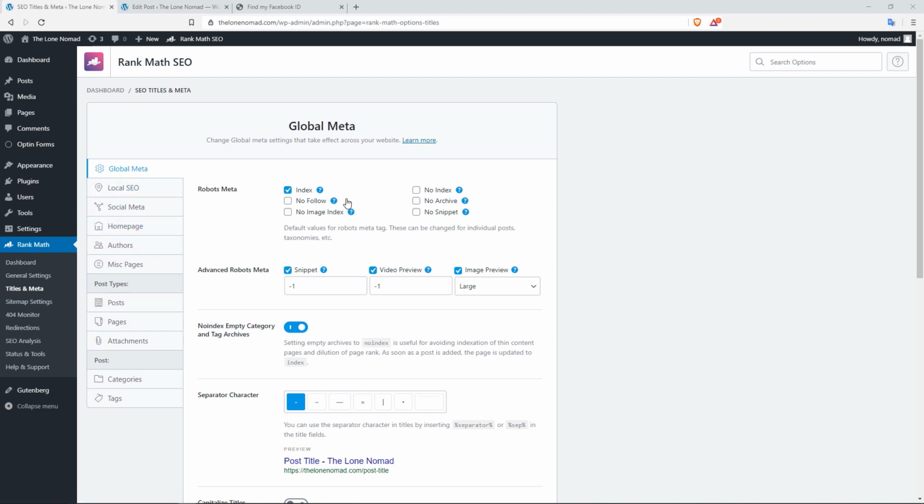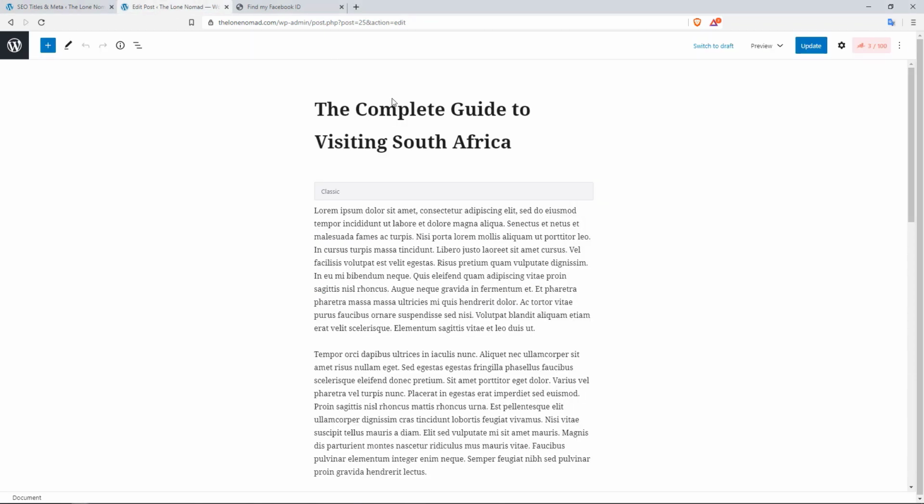Now in here, you've got your robots meta, and I would recommend you leave this as it is because you typically want to index your posts and your pages. So leave this on index. If for any reason there were certain pages or posts that you don't want to index, meaning you don't want search engines to find them or crawl them, you can go to the individual post, and then right here where